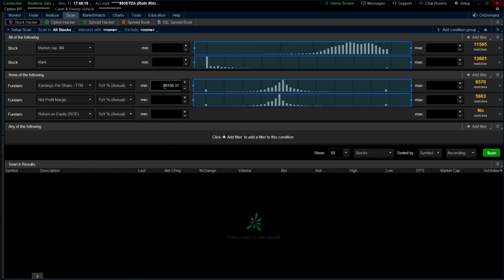earnings per share, let's see, we need the 10%, net profit margin minimum 20%, return on equity minimum of 5%, market cap, we need small cap, so 250 million to 1,000 million, 1 billion, minimum $20 stocks. Now once you're done,